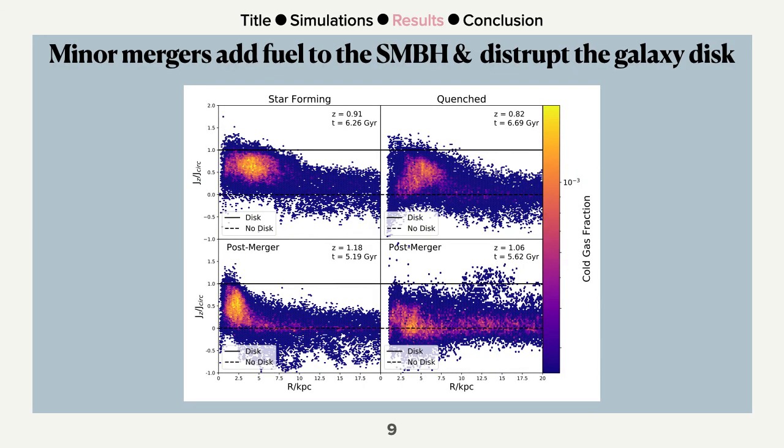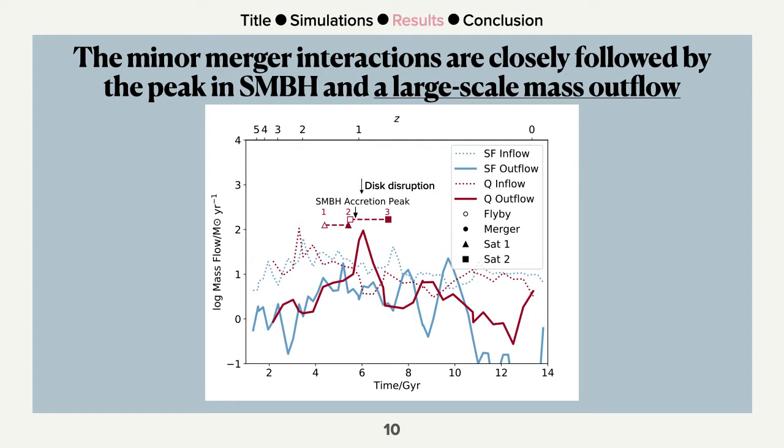Then, the combination of satellite 1 and satellite 2 work to disrupt the angular momentum of the cold gas in the galaxy disk. Here, we see the angular momentum of the gas scaled by the total angular momentum of the disk. So prior to the interactions, both cases have gas more in line with the disk's angular momentum, or close to 1, while in the quenched cases, post-merger, the gas is dispersion-dominated, or close to 0. Finally, immediately following the interaction, the supermassive black hole peak in accretion, and the disk's disruption, a large-scale outflow quenches